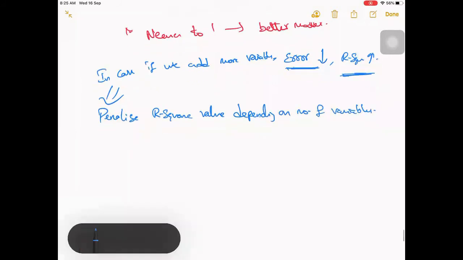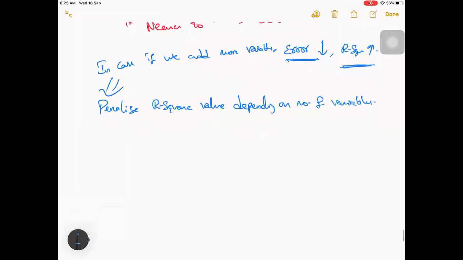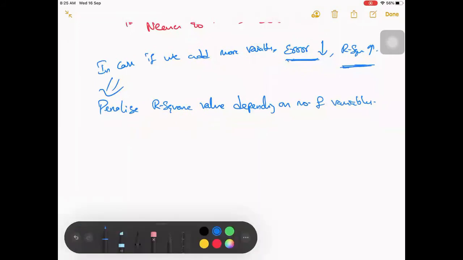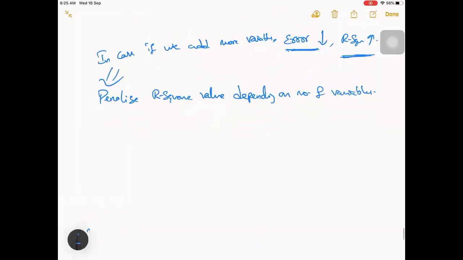So what actually it is: after penalization, we call it adjusted R square, because we adjust the R square value to depend on the number of variables as well. That will be a slightly different formula.